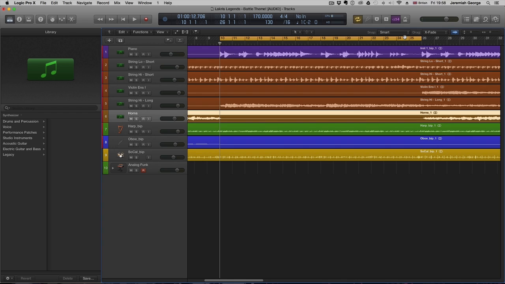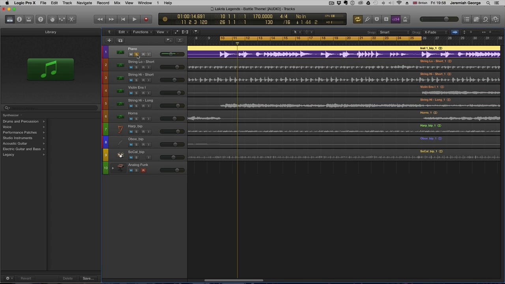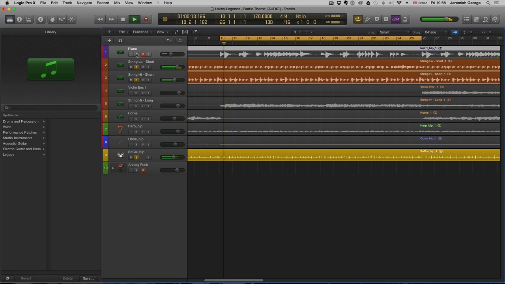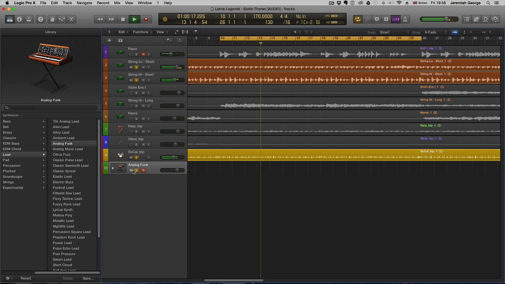Moving on to the main melody of the piece, which I believe it lasts to about here. So we have the piano here. Basically, when I first started composing this, I used the piano to basically kind of map out the melody. So with pretty much only this and this as my bass and this, so all I had was this, and I ended up making something